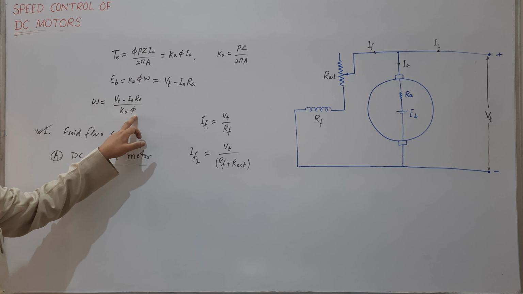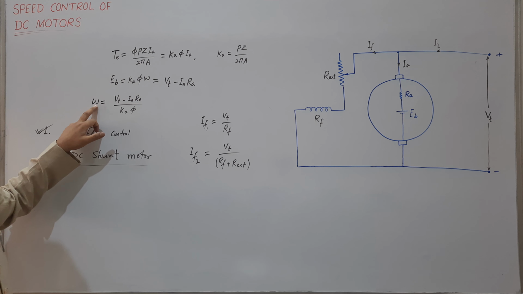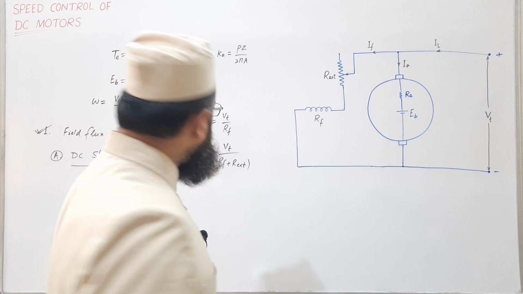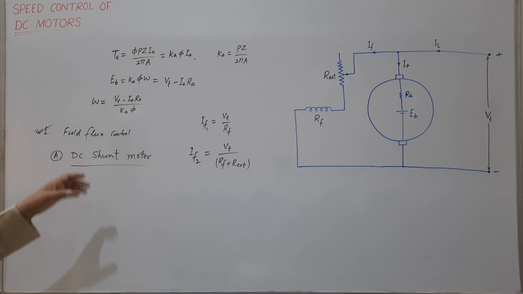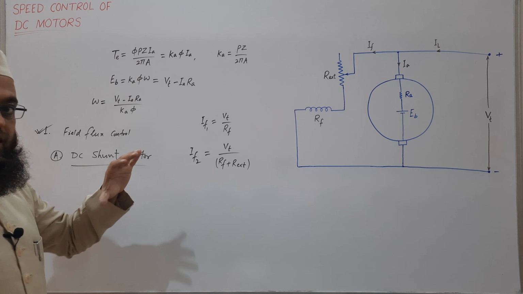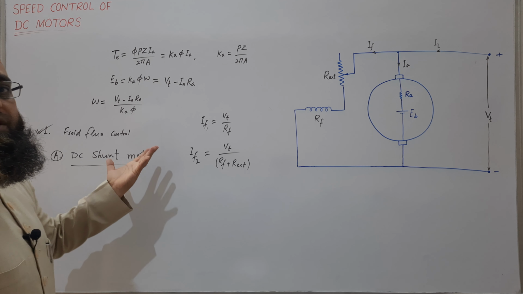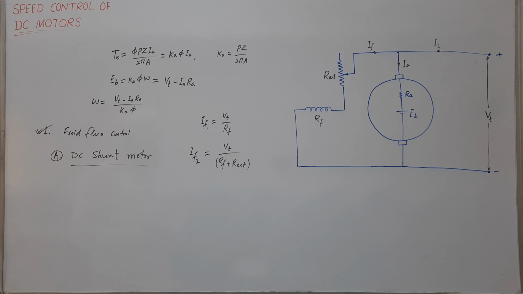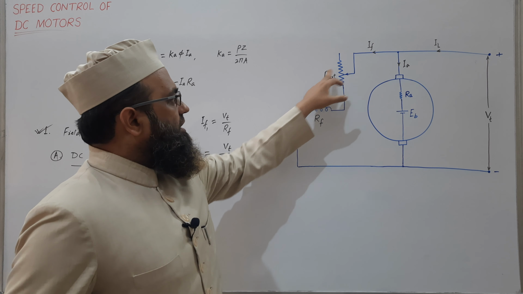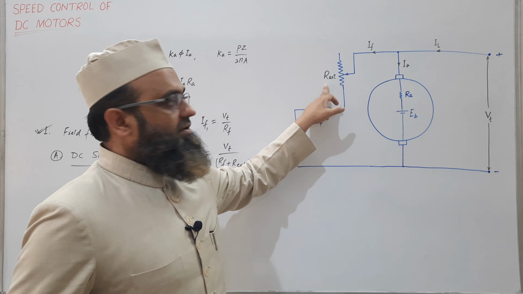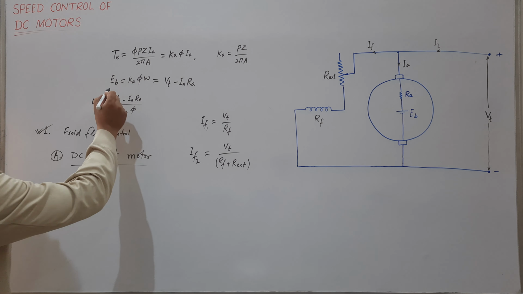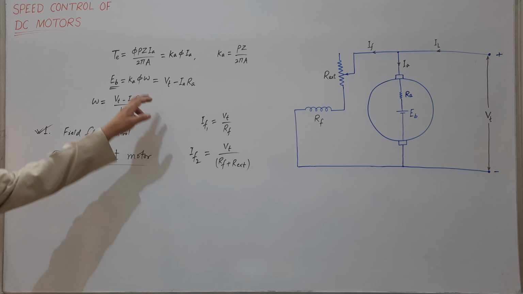Once phi is decreased, omega will be increased. It seems like that, just wait for a while. It's not that IA will remain constant throughout. What will happen to IA, I will discuss now before concluding the resultant effect. So far we discussed that by increasing shunt field winding resistance, IF is decreased, hence phi is decreased. So what will happen to this EB? We are decreasing phi.